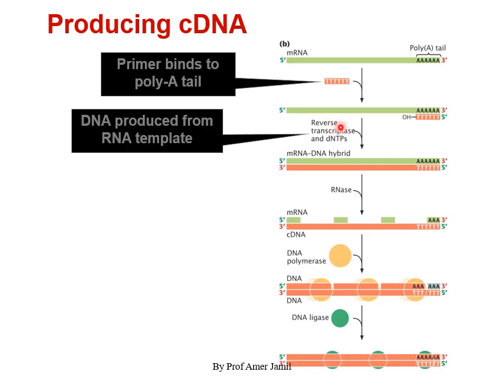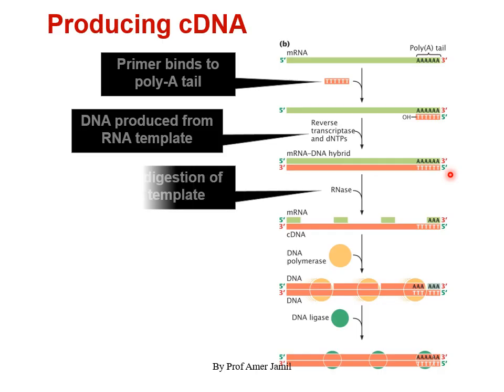Or recombinant reverse transcriptases are also available these days, and you need dNTPs because you're going to make DNA. So this reverse transcriptase will make the first strand of cDNA,